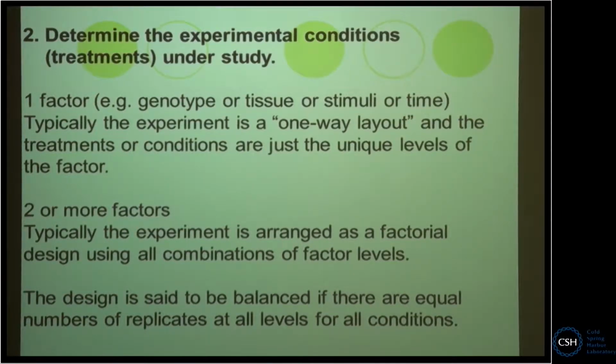Some jargon: a set of treatments that come under the same label is called a factor, like genotype would be a factor, or an exposure would be a factor, and so on. Typically we only have one factor, that's called a one-way layout, but we might have more than one, like genotype and exposure. That's called a two-way layout,